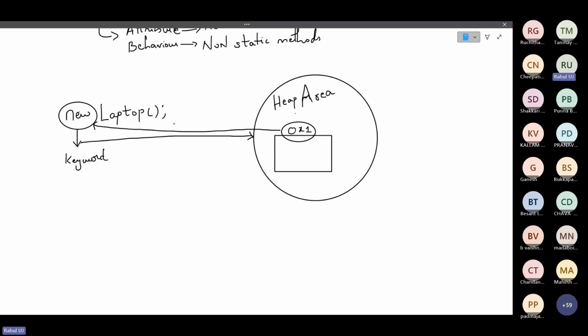Okay. So what new will do? New is a keyword which will create a block of memory in heap area. Understood? What is new doing?